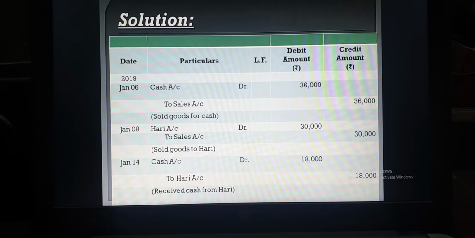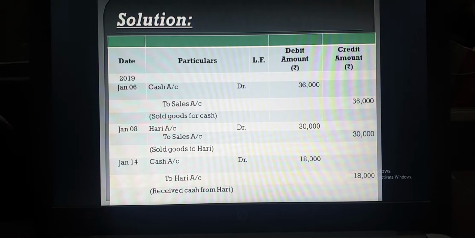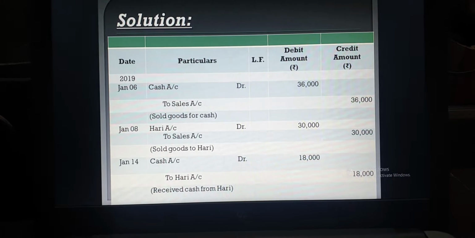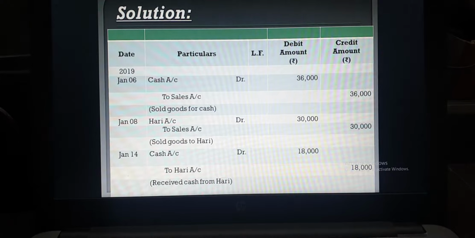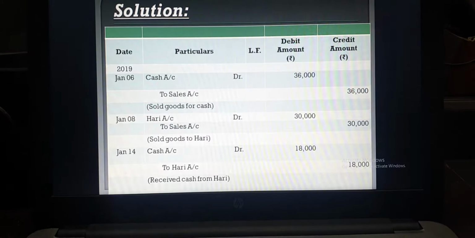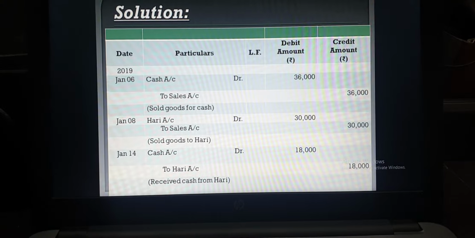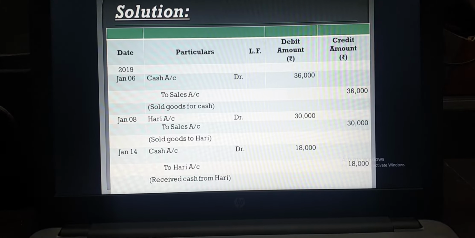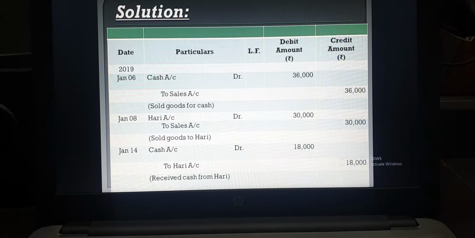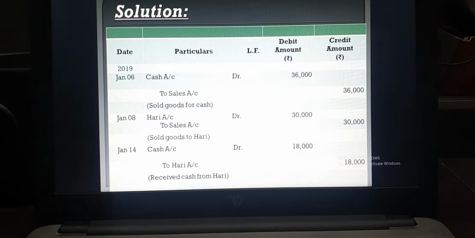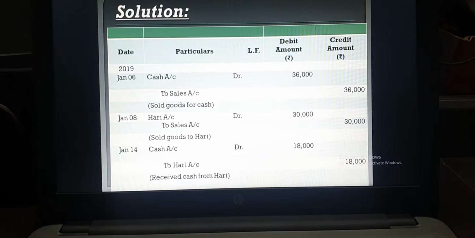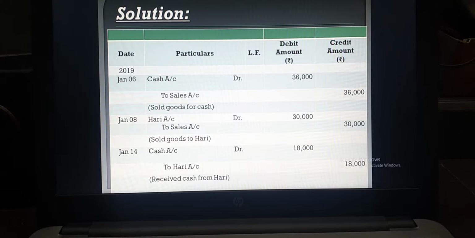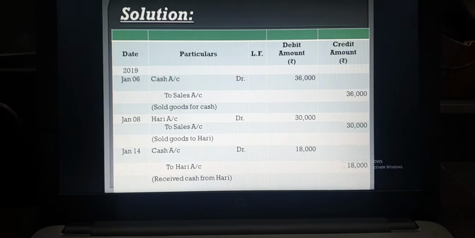It is given in the question that goods were sold for cash, rupees 36,000. So I already told you whenever you sell goods, sales will be credited because it is your income. And the rule of nominal account applicable here is credit all income and gains. But on the debit part, the rule of real account is applicable, that is debit what comes in. So whenever we sell goods for cash, whatever is coming into the business should be debited, that is cash, and income will be credited, that is sales. And the amount will be shown in the debit column as well as the credit column, 36,000.